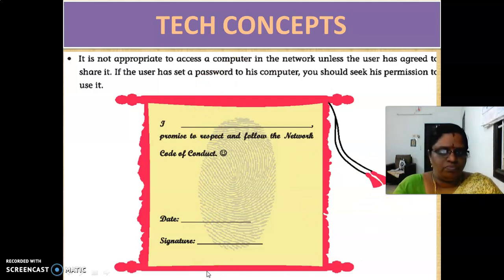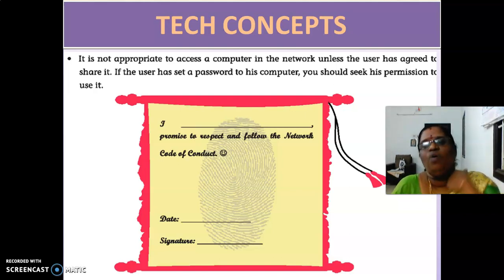Okay, children. I hope you understood the 5th lesson, PHP forms. So how to create a form, how to use the methods, GET and POST methods, how to validate the form, why we are going for validation, what is the need for a form required, how to use it, everything we saw in theory. And GET and POST method I did practically and showed to you, and also the tech concept about the network. Okay, children. So with this, our theory part of form in your PHP form is completed.